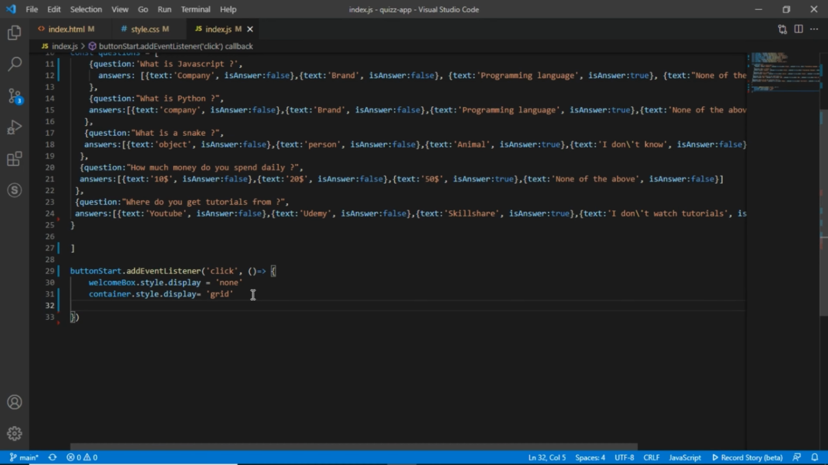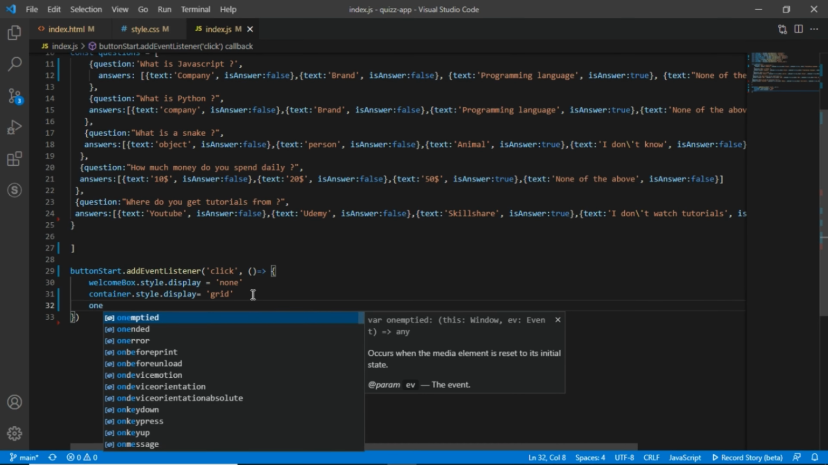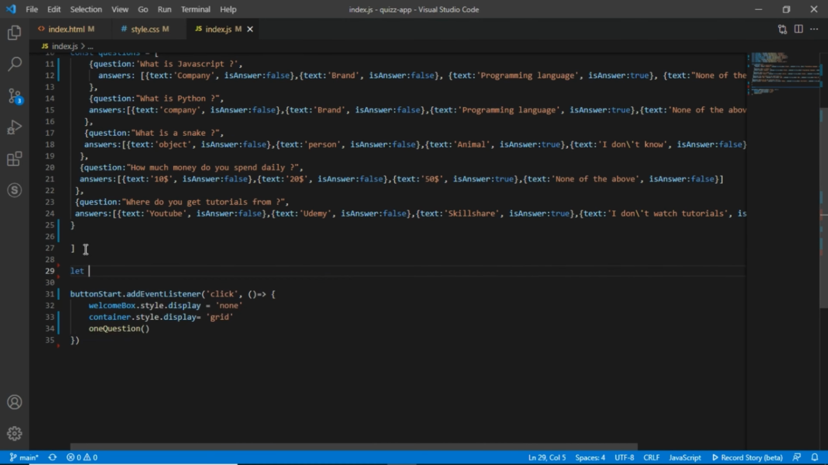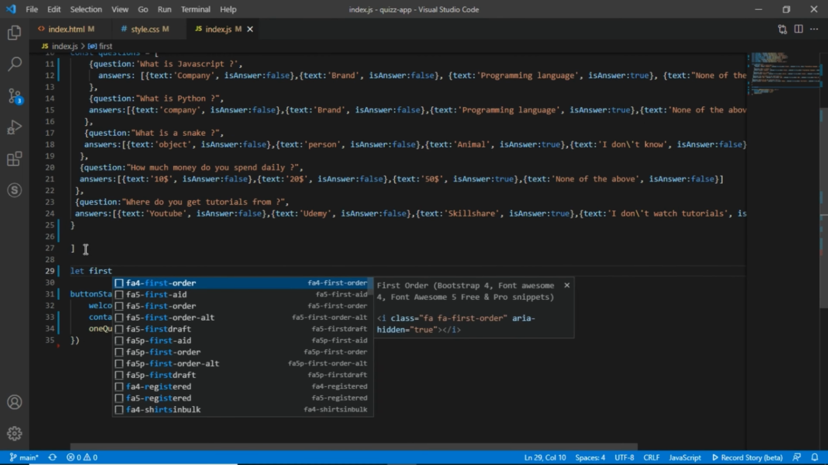And I'll give it a name of one question, because I would like to get only one question at a time. And that one question is going to receive some parameters, right? But for now, let me first leave that. Or instead of leaving that like that, I'll first create that parameters. And I'll do it right here. And I'll say let first question